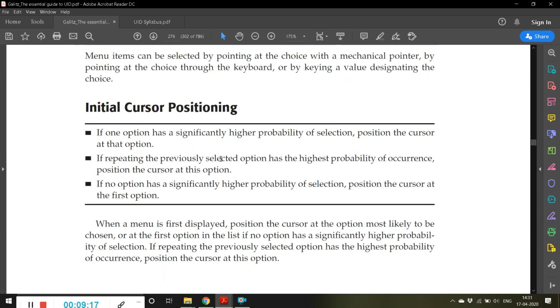Otherwise he has to physically move his mouse pointer and click it, so again it is time consuming. If repeating the previously selected option has the highest probability of occurrence, position the cursor at this option. Just suppose I click here, then there is a 90% probability that I may click the previous menu.